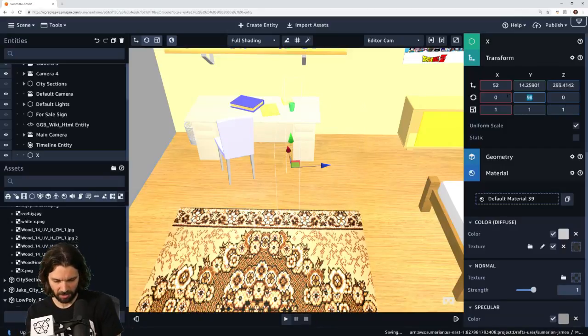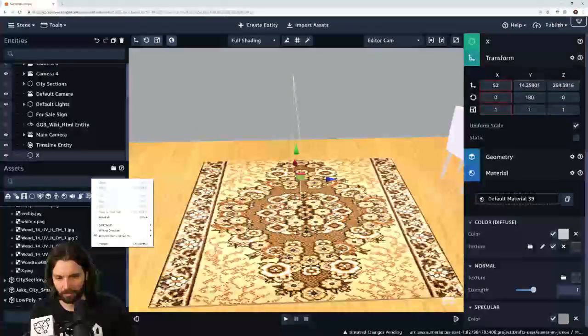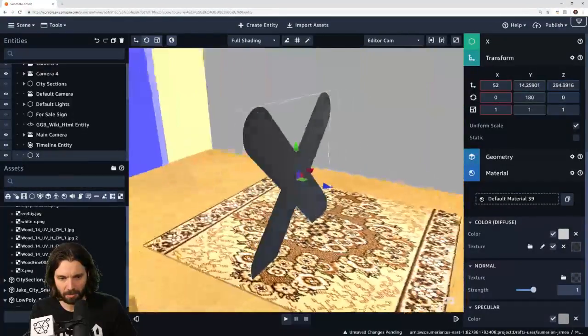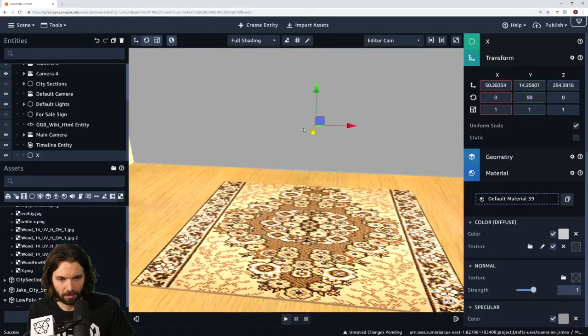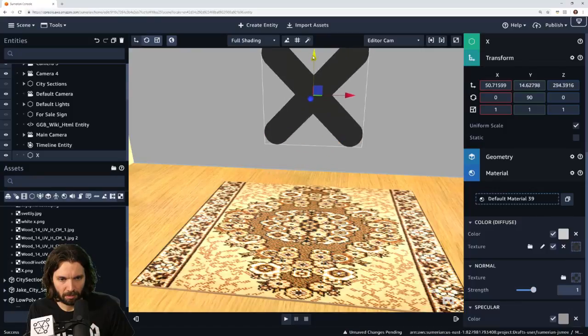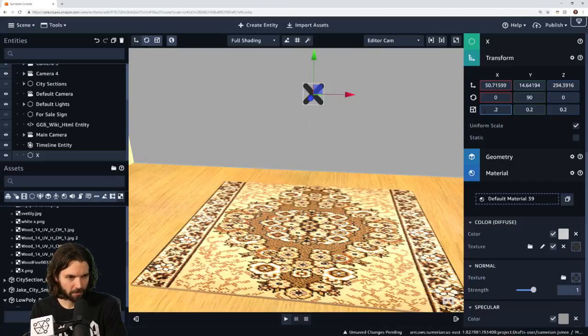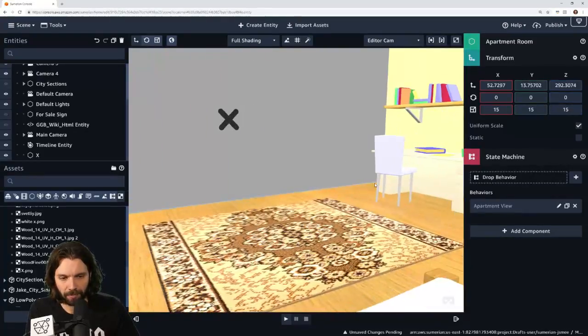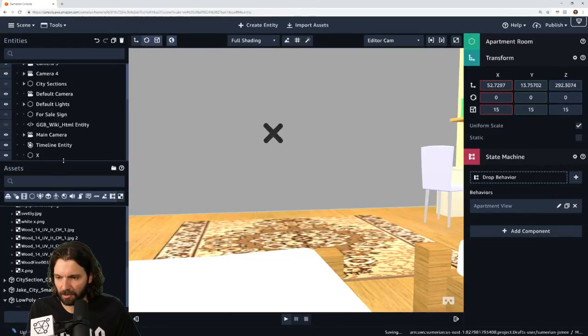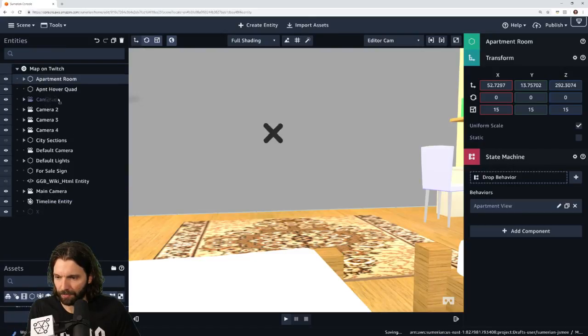Actually, 180 degrees is what I meant. Nope, we do need like 90 degrees. And then let's go down to like 0.2. Not the most perfect, but that's okay. So we're gonna put it into our,